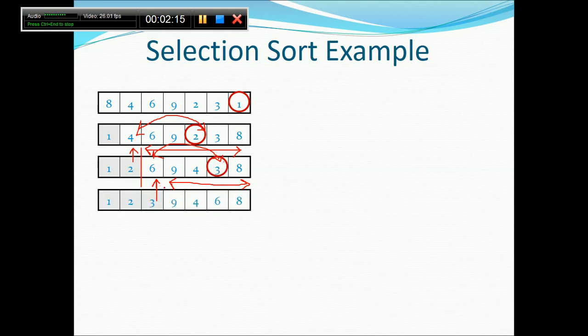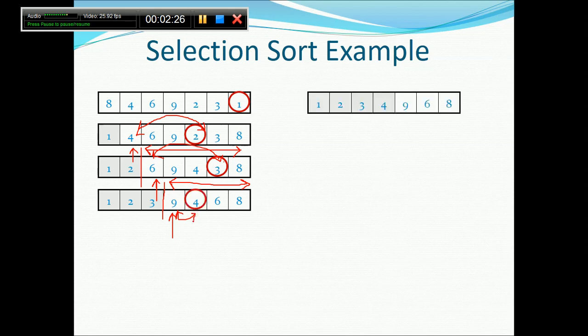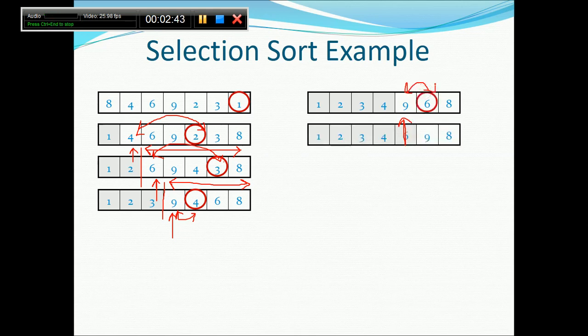Now, can I say up to here everything is sorted? Now from here it will find the minimum, so 4 will be swapped here and the 9 will go here. So every time we are finding the minimum and then swapping it to the index from where I am looking. Suppose I am looking here, so 6 would be swapped. 6 will go here and 9 will go here. Again 8 will be swapped from here to here, the same way.